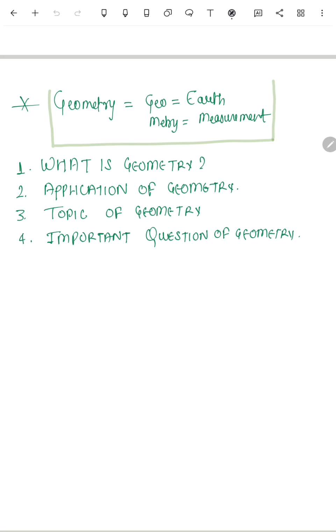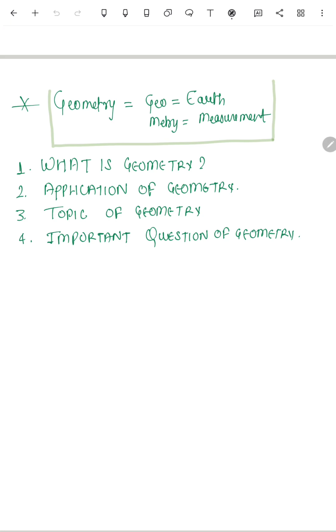And if we have deep knowledge of this chapter, we will solve the questions of geometry within 10 to 15 seconds, and it gives you confidence. Once you complete this chapter thoroughly by understanding the basics, you will be able to do the concepts in a very quick manner. So without wasting much time, let's start.